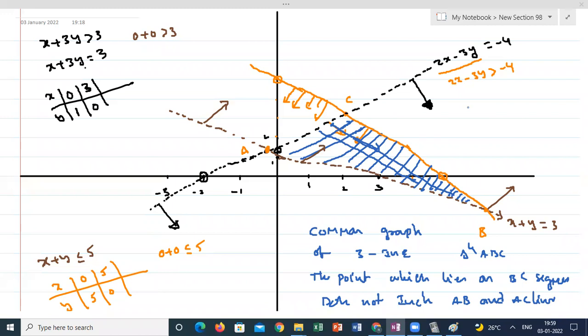We have a concept called linear programming in our +2. Linear programming problems is a particular chapter. Definitely one essay question is asked every year from this chapter. So for that chapter, we need to know the ins and outs of inequalities, how to solve. Sometimes they may give four inequalities, 5 inequalities, or 3 inequalities with two variables. So how to get the common region, that is the solution set of all those systems of linear inequalities of two variables. For that only we are doing this chapter. Is it clear what the scope of this chapter is in +2?